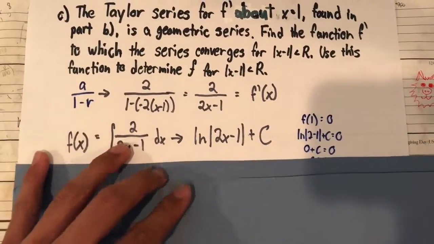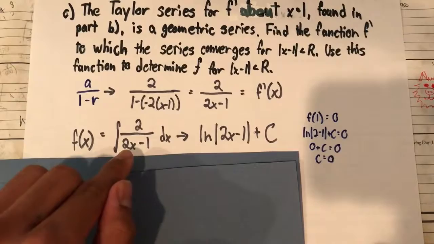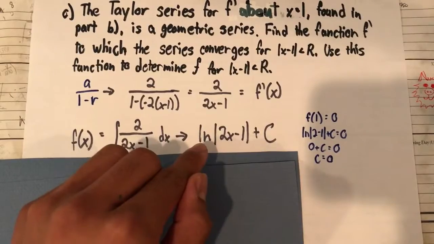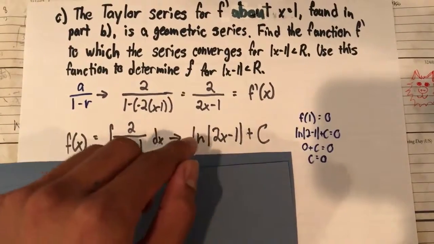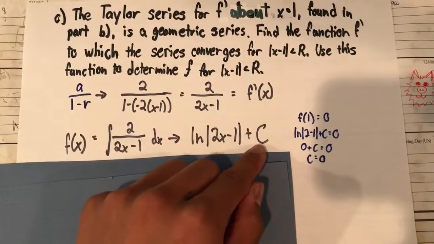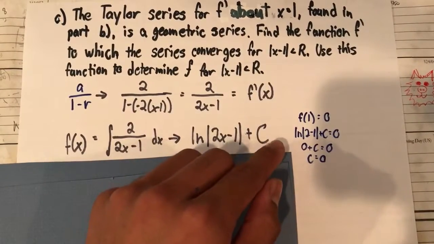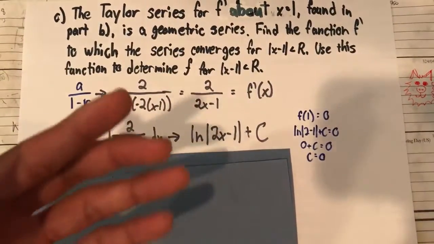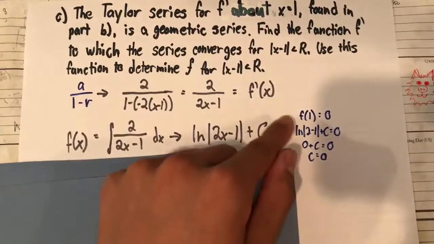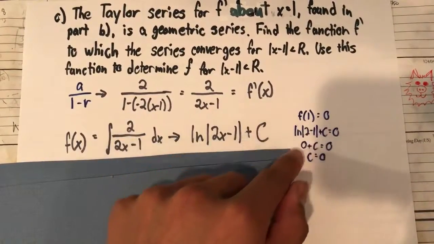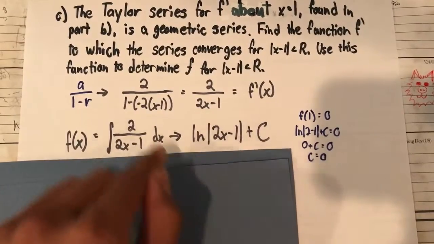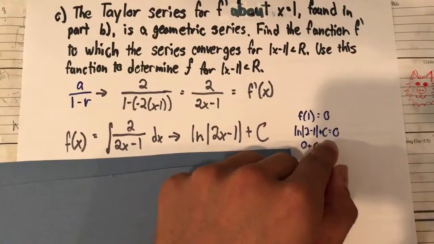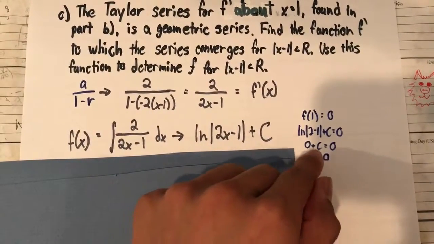what you end up doing is integrating 2 over 2x minus 1, and you end up finding that it's ln of 2x minus 1. Now, once you get this, you have the constant plus c left here. Since you know x equals 1 in this series always ends up yielding a 0, you have that f of 1 equals 0. Plugging 1 into this equation, you get ln of 2 minus 1, so ln of 1, plus c equals 0, and that basically is just 0 plus c equals 0, so